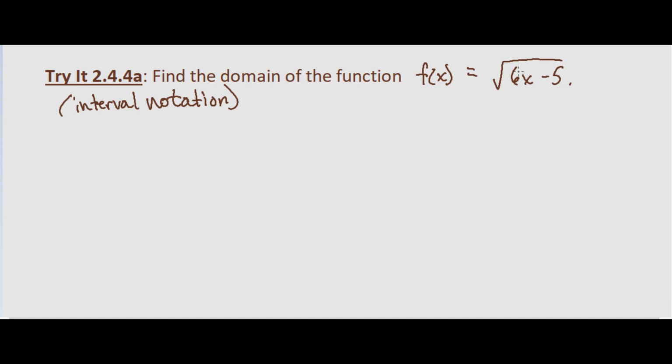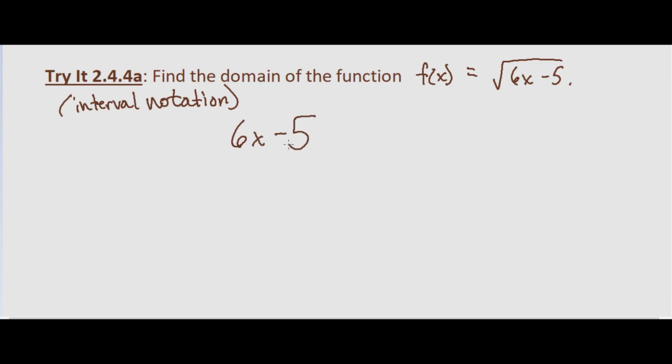In the real world, if you want to call it that, 6x minus 5 in this case would have to be greater than or equal to 0. We can't take the even root, in this case the square root, of a negative number. So to find the domain of a radical function with a limited domain like this, we simply set that inequality up and solve. So we have 6x